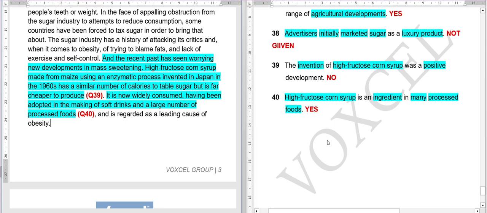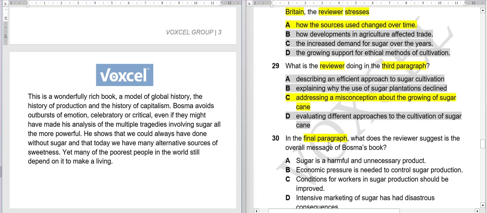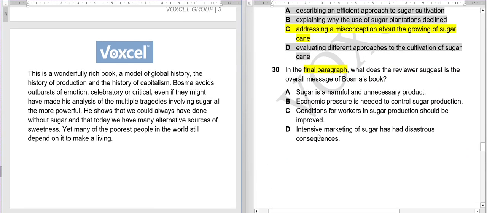Yes, clear. So now only one question is left, that is question number 30. Let's read the 30th question now. In the final paragraph, what does the reviewer suggest is the overall message of Bosma's book? So now we have to tell what the reviewer suggests is the overall message of this particular